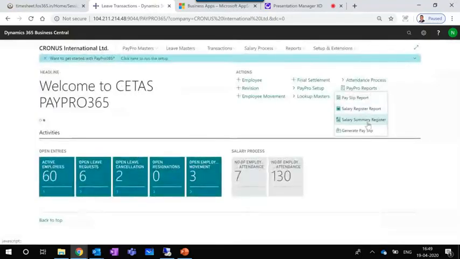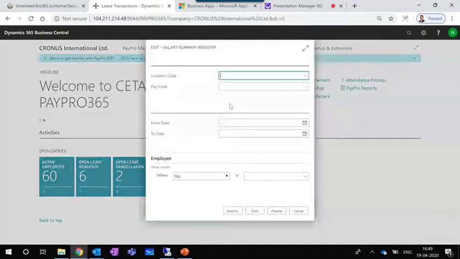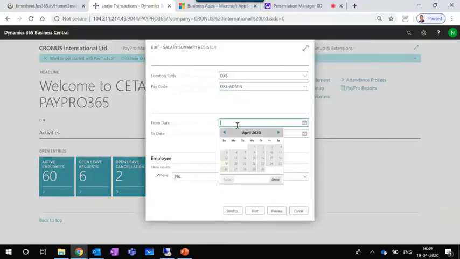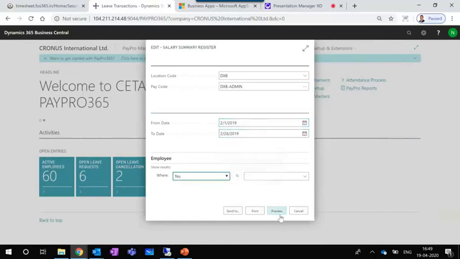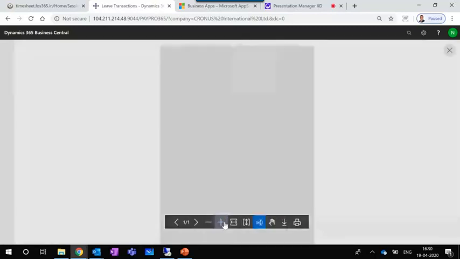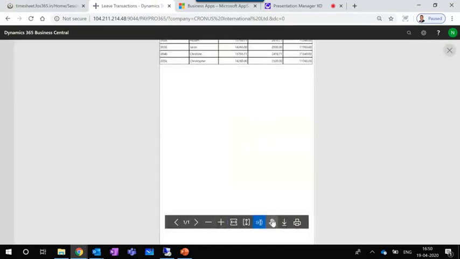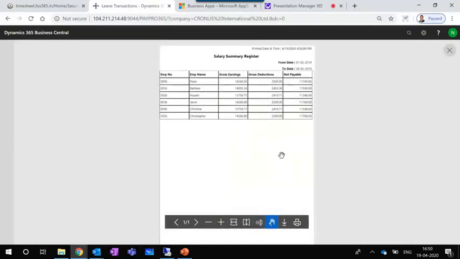And there is a summary report, which will have the summary of the salary. Okay, so this is a simple summary report: what is the gross earnings and deductions and the net payable for the period.